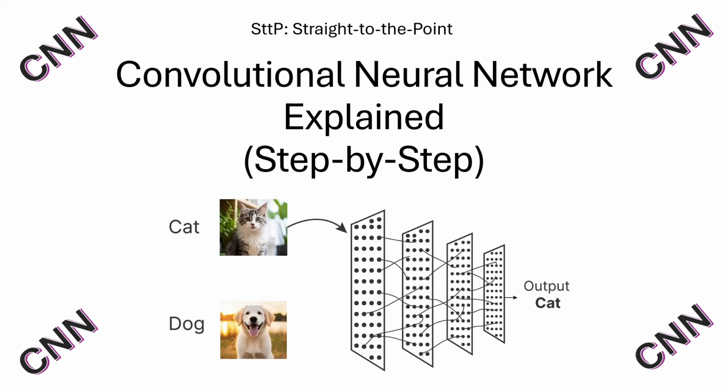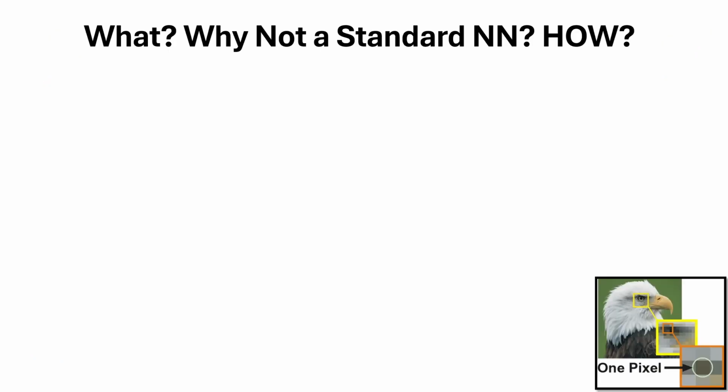Hello guys, in this video we will explore the convolutional neural network, aka CNN. Remember when we said in the standard artificial neural network that an input can be an image? Me neither, I had to go back and watch the previous video. Anyways, let's start diving. Why not a standard NN? How? All of these are valid questions, so have some patience and let's answer them one by one, starting with